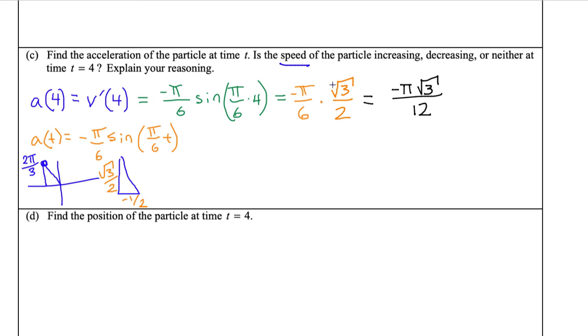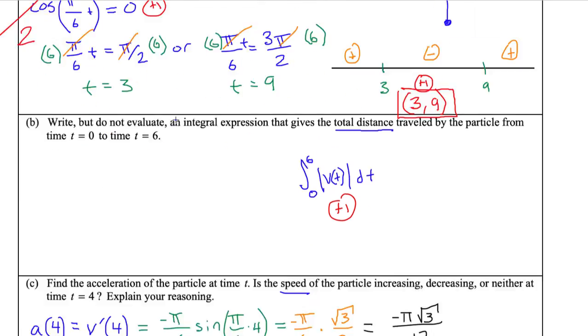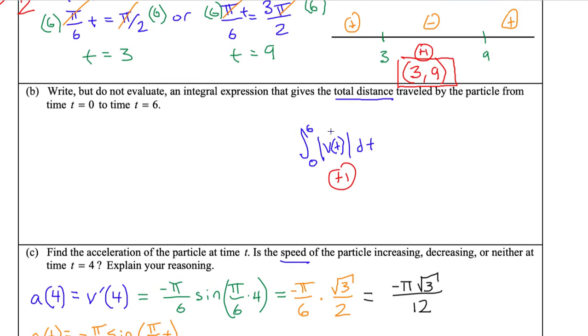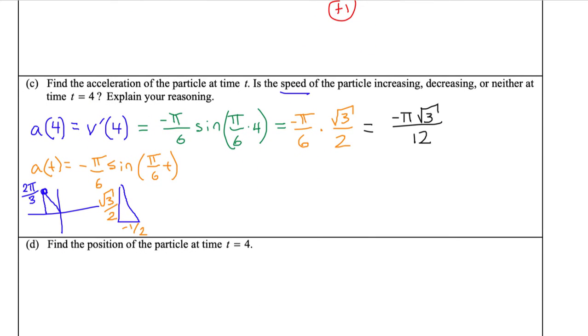Yeah, exactly. So I'm checking the sign of A and V. Well, what is V? I have to find V of 4, and I haven't done that yet, right? But it's between 3 and 9. Oh, it's negative. Nice. That's what it made us do in part A. So 4 lives right there, which is negative. So we can say V of 4 is less than 0. And check this out. This is A of 4. A of 4 is negative, so we can say A of 4 is also less than 0. And because we have both of those, that implies